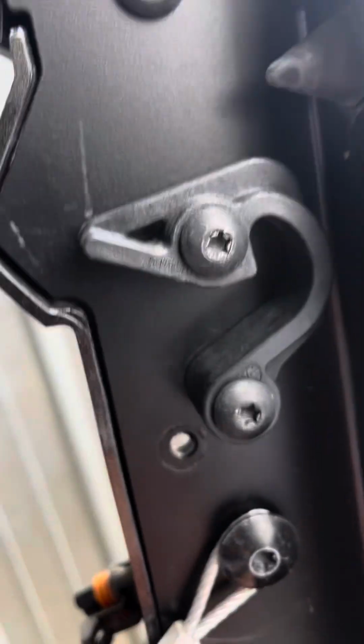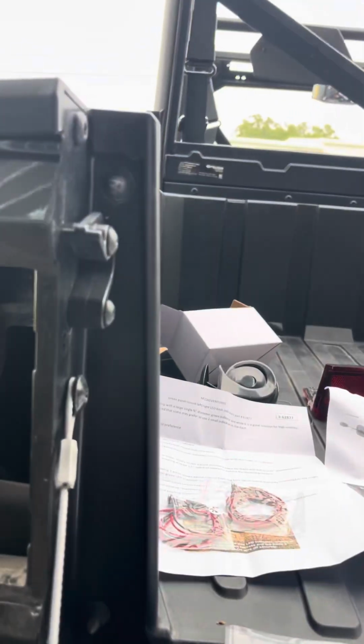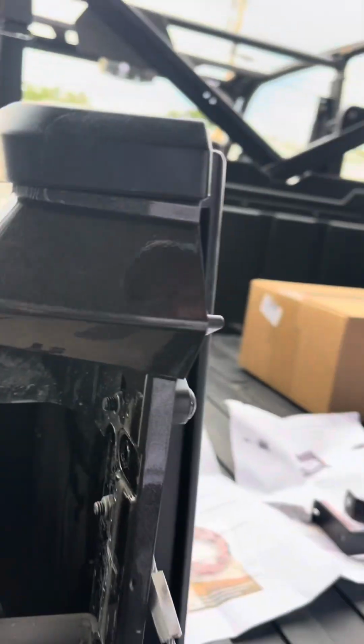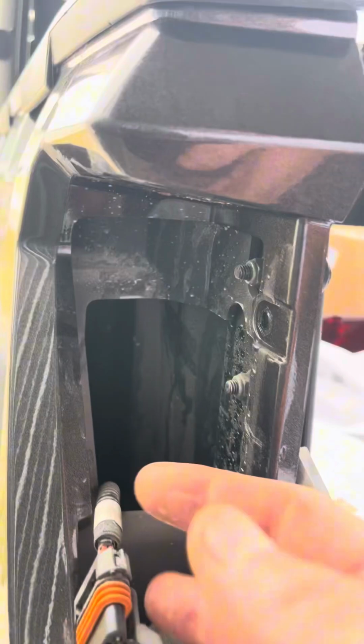And on the other side, I've taken it off, so you can see I've removed those two bolts. And then the tail light assembly just pops out of there. I had to apply a little bit of pressure to get it out, but you want to make sure you